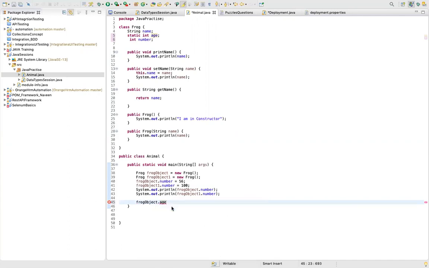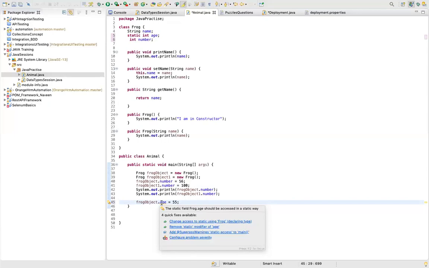Let me select this and say 55. See, it's giving you a warning: the static field frog.age should be accessed in a static way, because the variable age is defined static and we are trying to access it using an object.